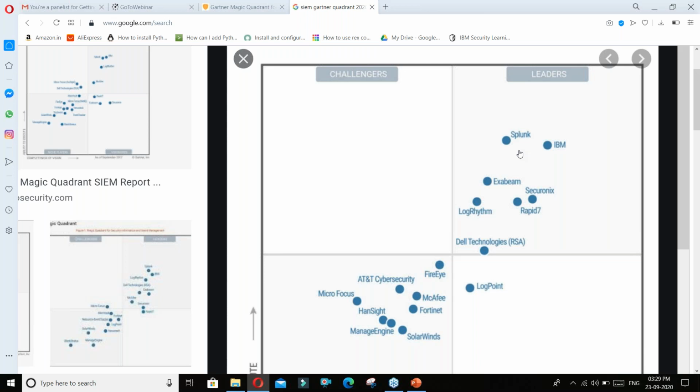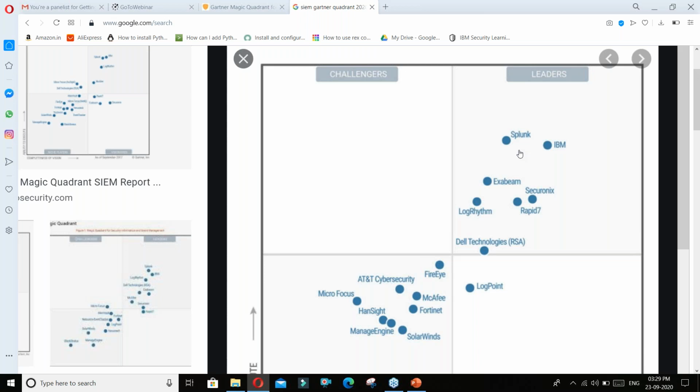Second thing is time to integrate. What I mean by time to integrate is, when we are talking about multiple different devices in organization X, there are a router, a firewall, a number of things. These devices need to be integrated with the SIEM.